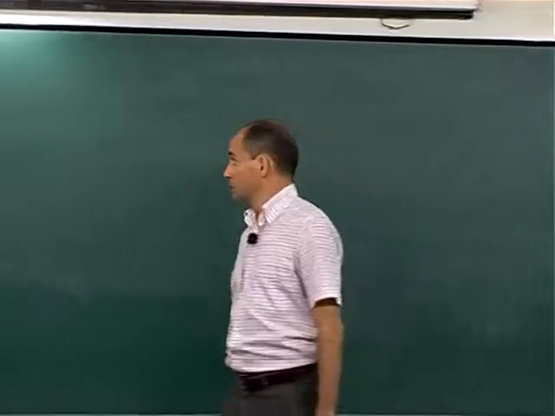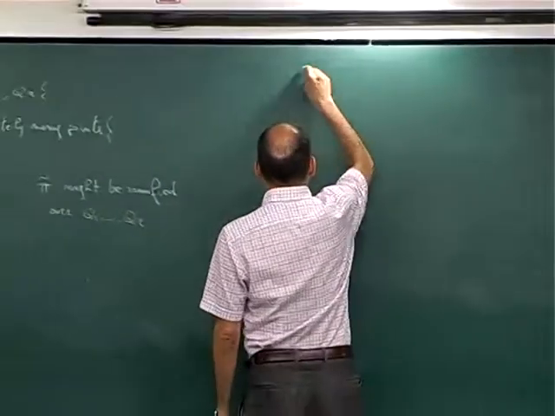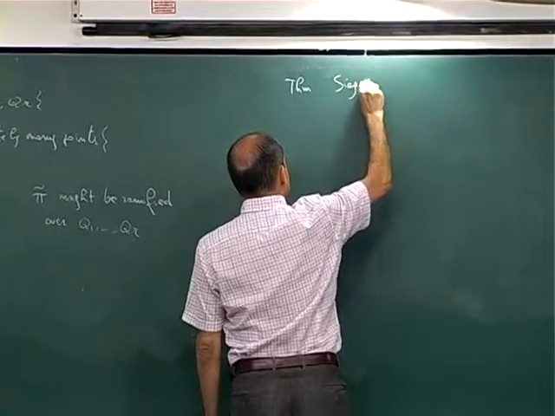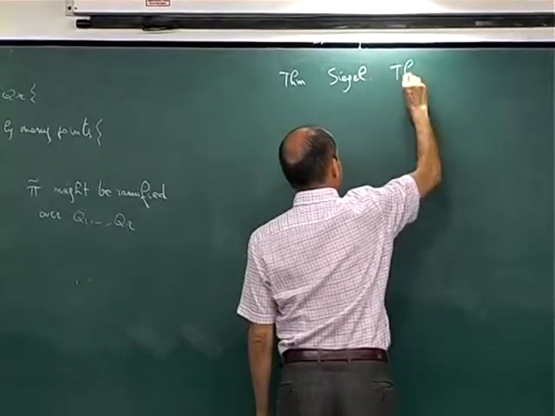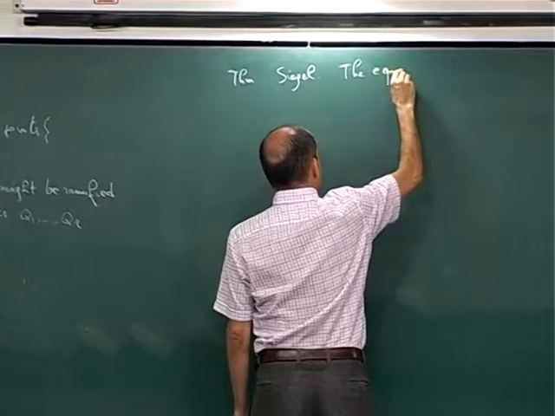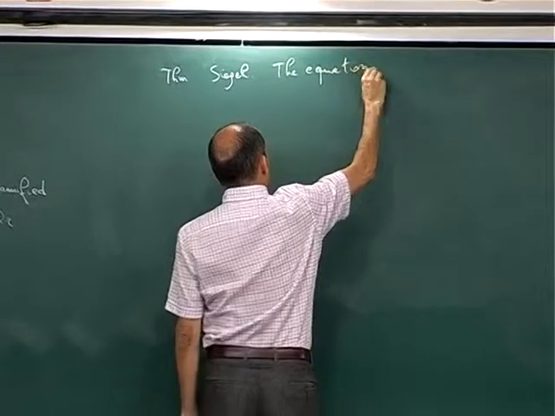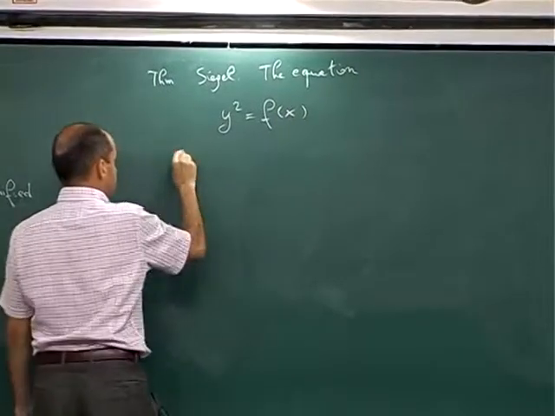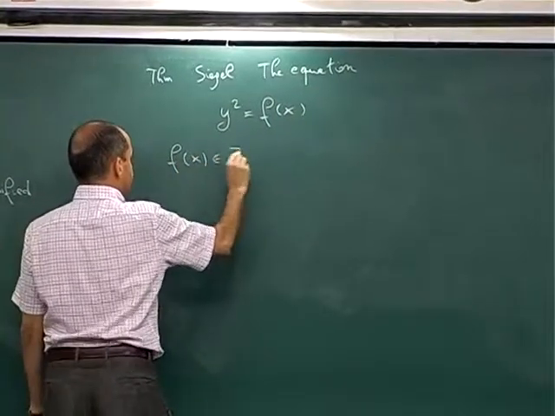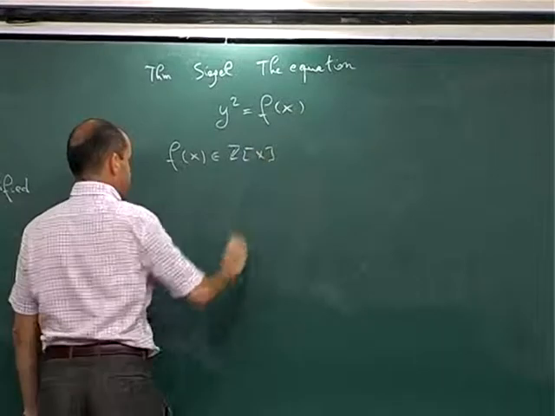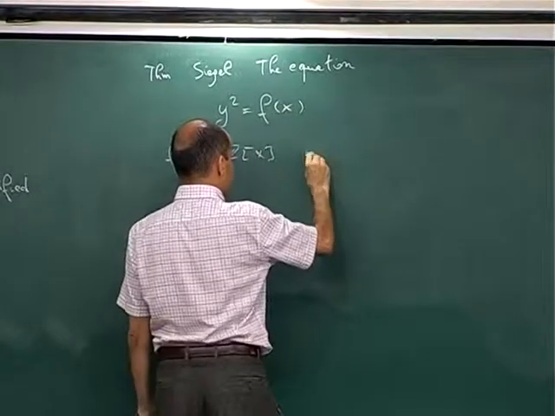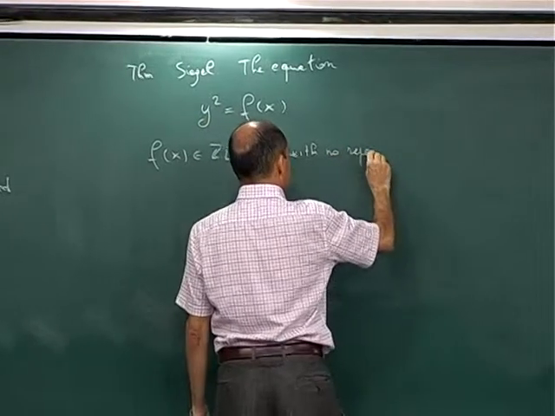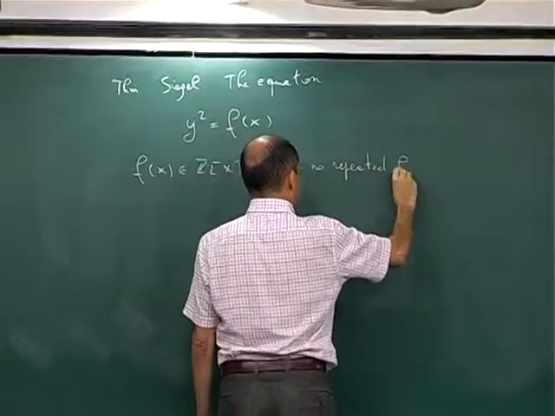He proved that the equation y squared equals f of x, where f of x is a polynomial with no repeated factors